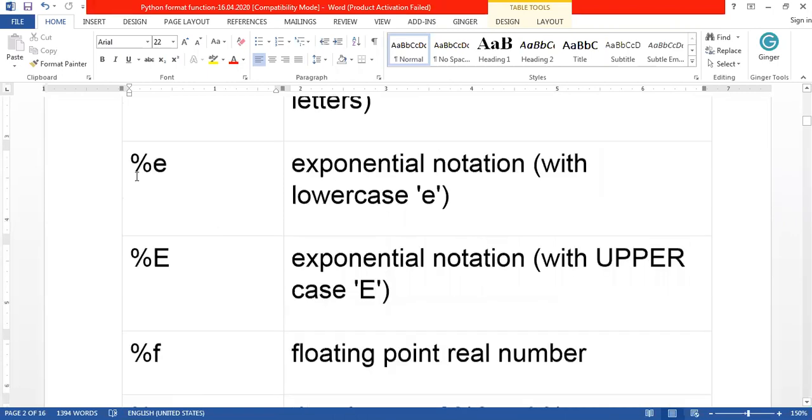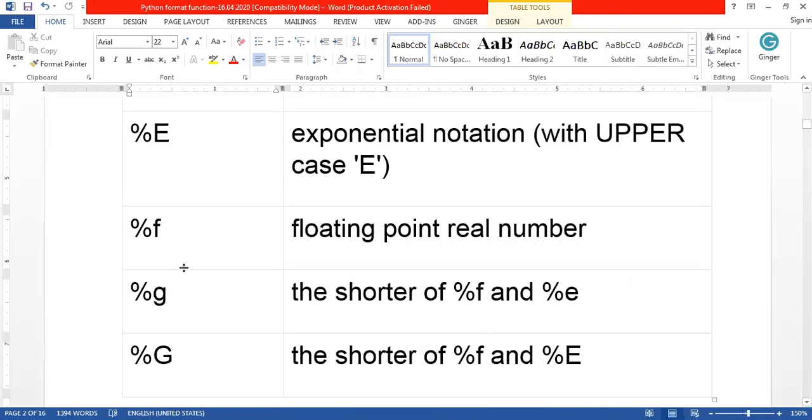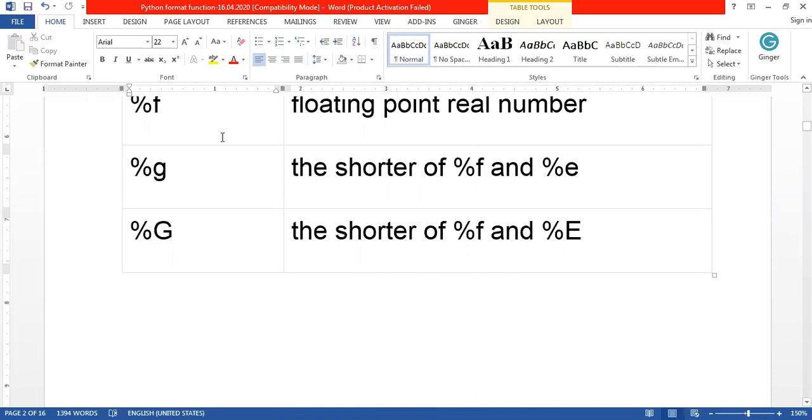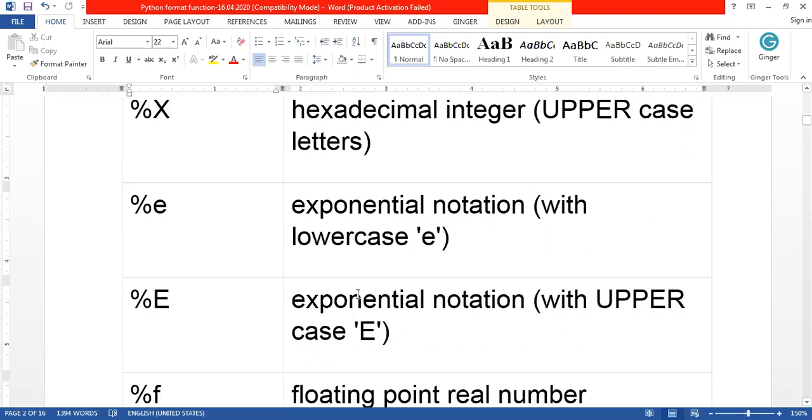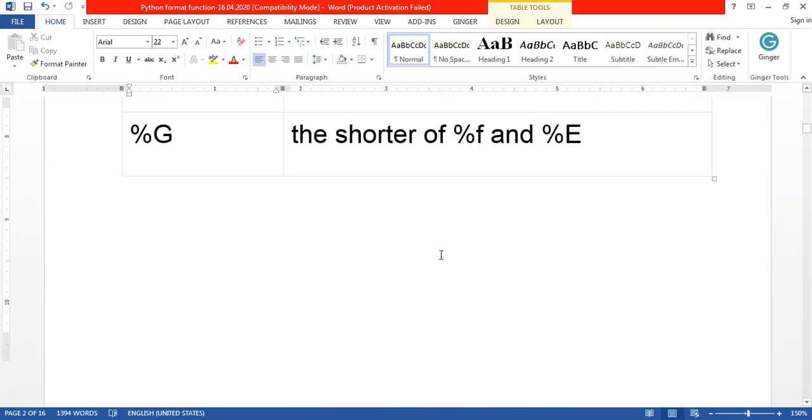Then %e, %E, %f, %g, %G all refer to floating point numbers with different types of notation. So there are so many things, you can easily understand.